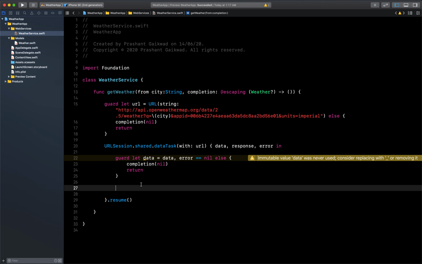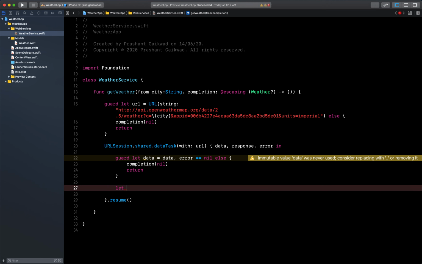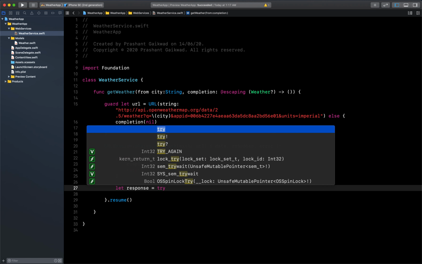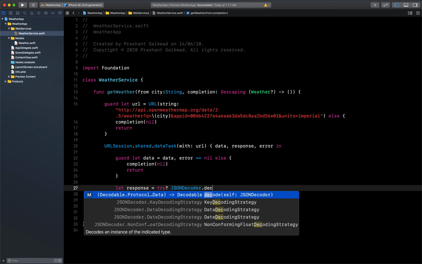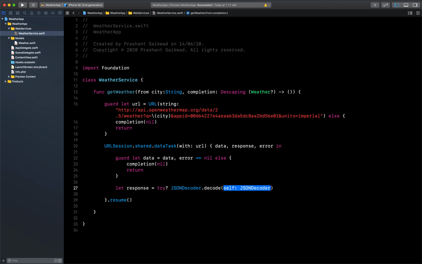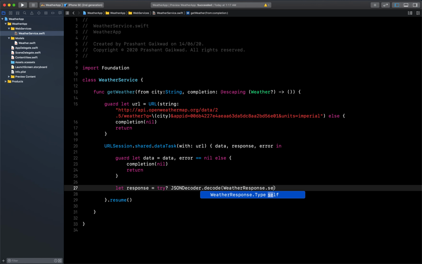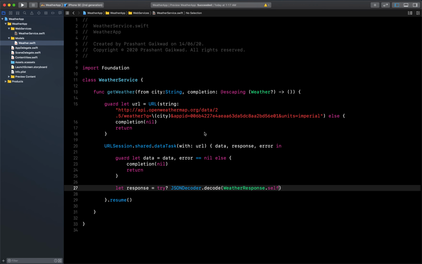If both our conditions are true, then we can pass our data. So let's do the parsing of the response. Here we need to pass our data, but we need to make sure that we check this inside try, because it may throw an error. So try, now JSONDecoder we are going to use to decode the data, decode, and inside this we need to pass our WeatherResponse.self. Since we have declared it here, it will have the main response, so that's why we need that there. Okay, so weatherResponse we have got here.